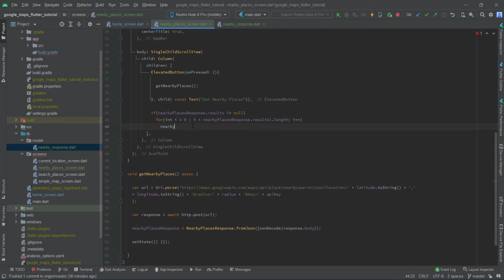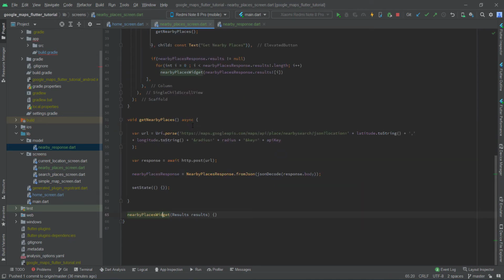Okay, here I have to use a new widget, nearby places widget, and in this basically I'm using a function to show a widget. And here we will pass the index, the value in the index. Okay, alt enter. Nice. Return type must be widget. Return container